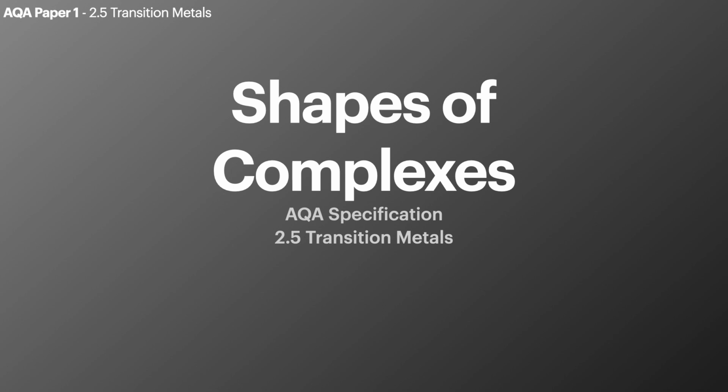Today we're talking all about the shapes of complexes. It's 2.5 transition metals in the AQA A-level specification and it's going to appear on paper 1 of your final